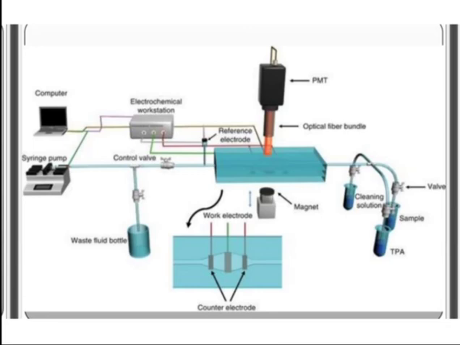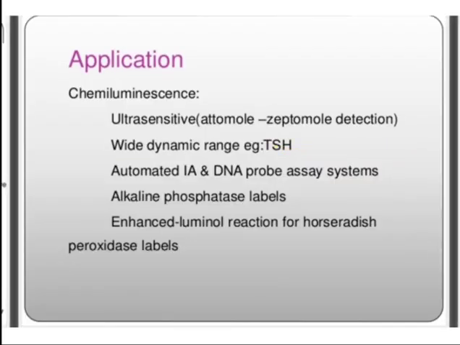Means simply we have to inject sample into the system. This sample goes to the detecting device, where the reaction of the ruthenium 2 plus and TPA occurs initially, and from this reaction TPA gives one electron to the ruthenium 3 plus. There is the formation of ruthenium 2 plus. This ruthenium 2 plus forms the complex with the TPA, and